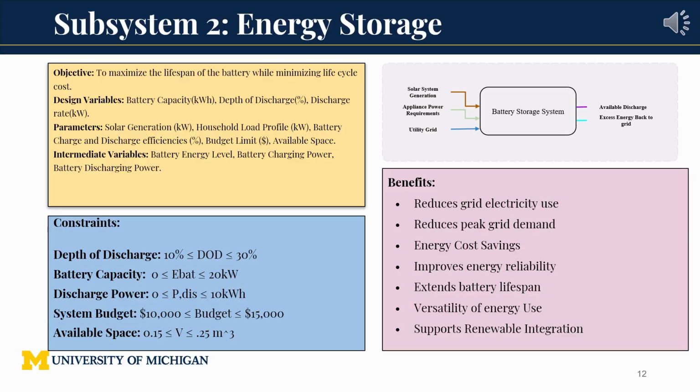peak demand. The system takes in solar generation and household load as inputs, and tracks internal states like battery energy level and charge and discharge power. We also impose realistic constraints, including limits on depth of discharge, total capacity, budget, and physical space. Overall, this subsystem acts as the bridge between solar generation and appliance usage, improving reliability, reducing grid dependence, and extending